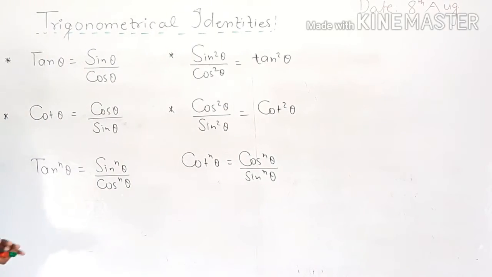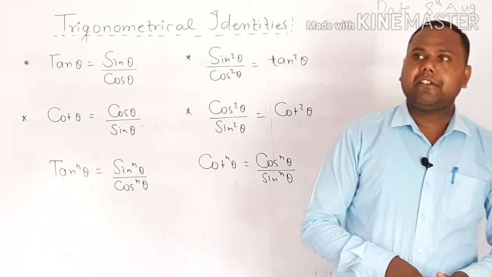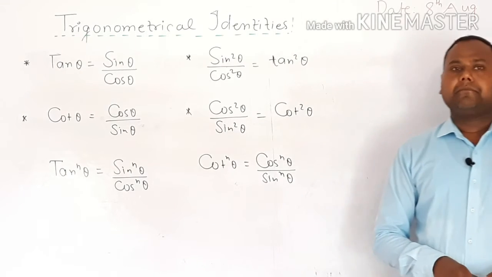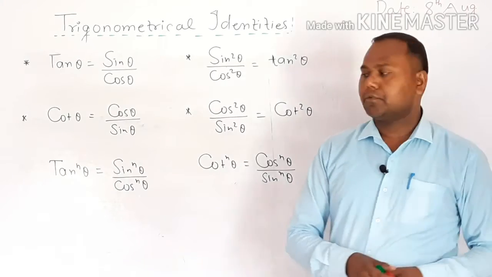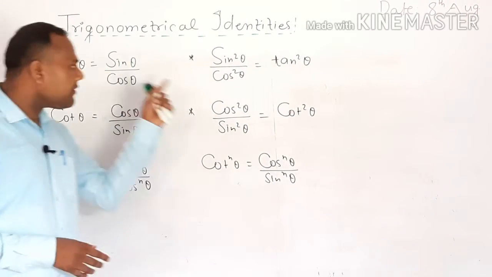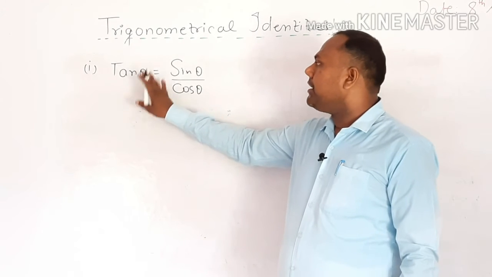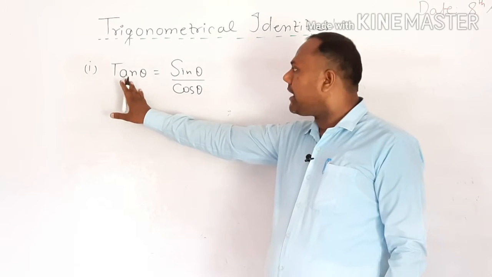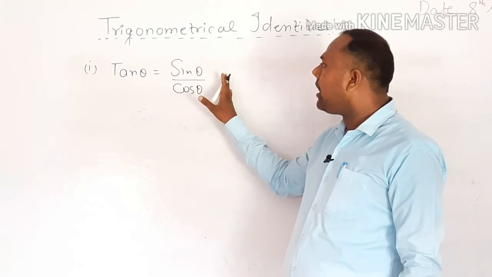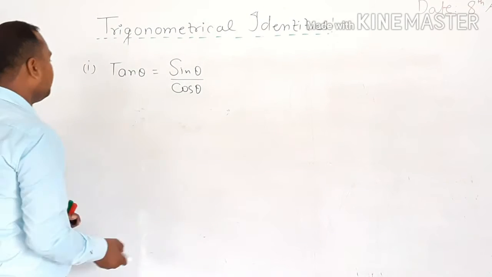This formula is very helpful for solving the trigonometrical identities and their proofs according to exercises. So let us discuss one by one. So take a screenshot. Let's begin with the very first formula. Tan of theta will be equal to sin of theta upon cos theta. This is the LHS and this is the RHS. So I would like to proceed with the RHS.